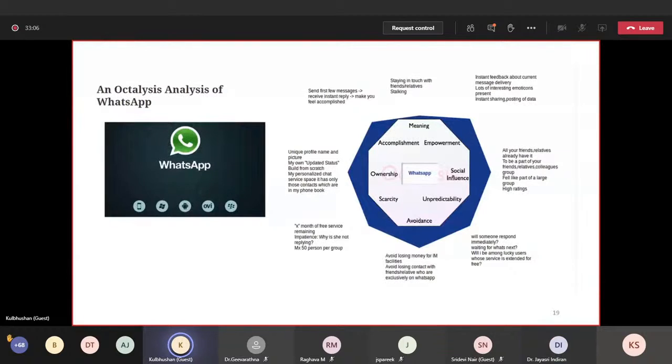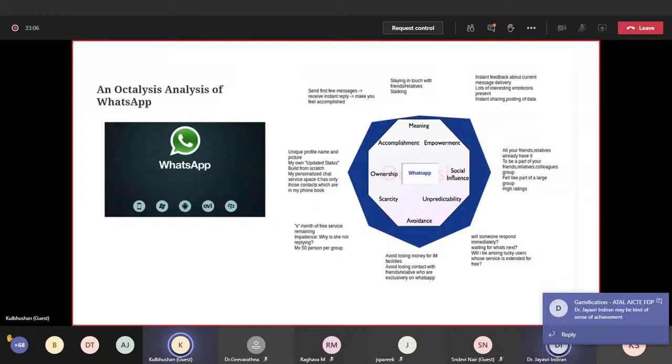I can put my display photo. I can change my display photo every day also. So by adding my display photo on WhatsApp, I feel like I'm actually owning something in it because I can see my face every day. Other people can see my face on the WhatsApp photo. On the other hand,